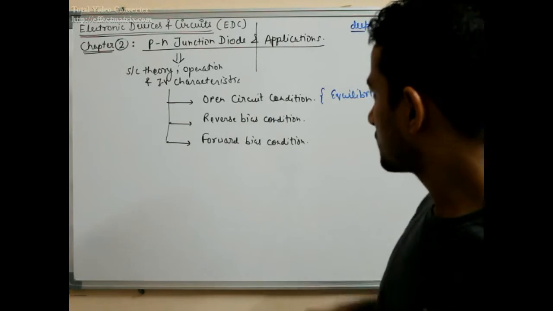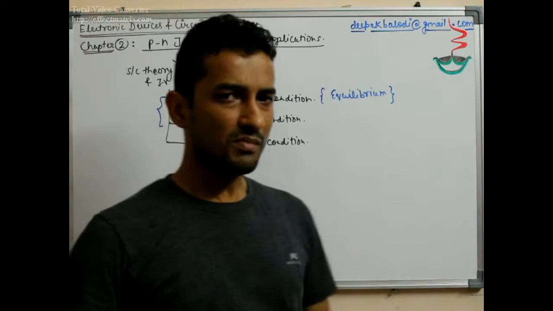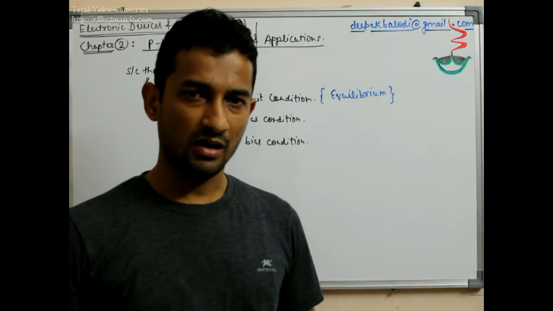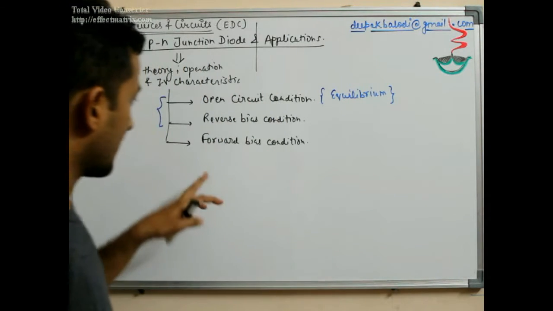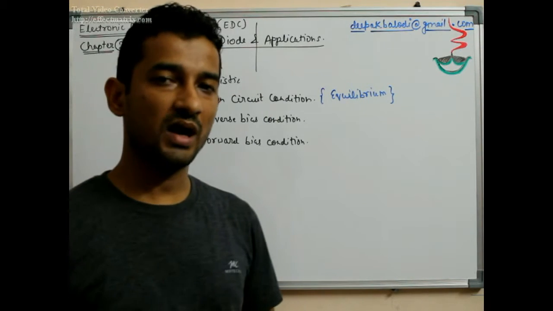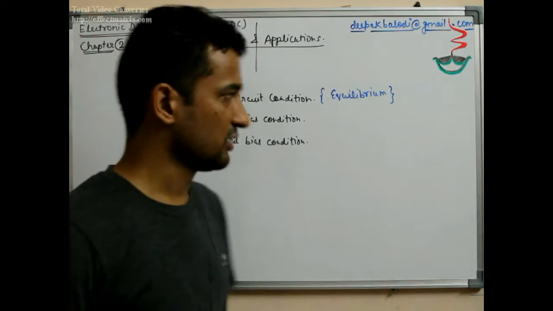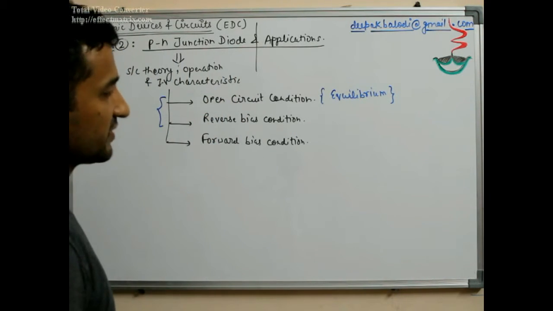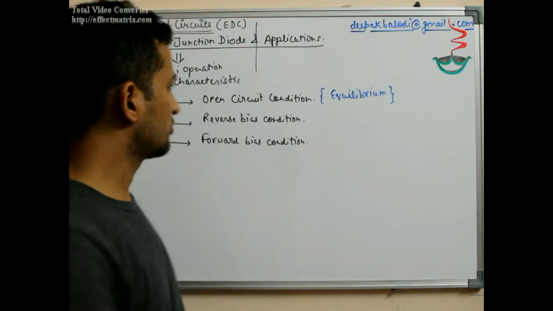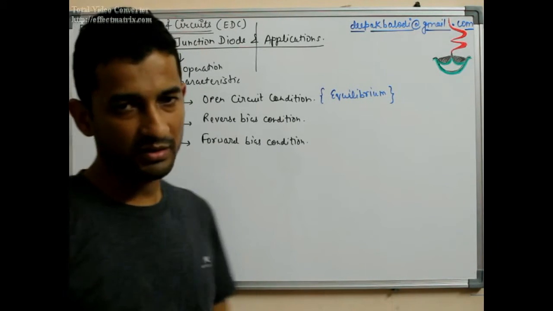So these two topics will mainly involve the microscopic study or the semiconductor study behind the PN junction. But as we move on to the forward bias condition, we'll be slightly moving towards the IV characteristic, the terminal characteristic, the circuital currents, voltages and all. So let us start with the open circuit condition. But before that, let us cover a few basic topics, so that I'll be labeling them under the topic open circuit condition.